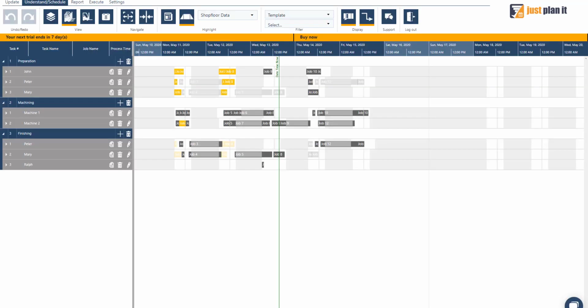trial, and then your trial, or your account, is being prepared, and this takes a few moments, but then you will be able to work with your Just Planet account. Okay, now the account is created, and here now we are starting off by default in the resource group view,